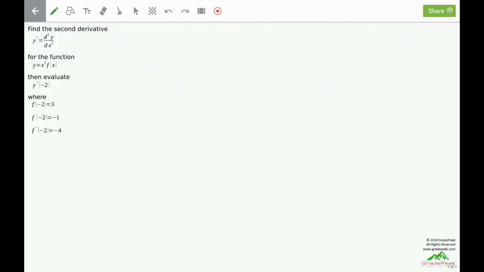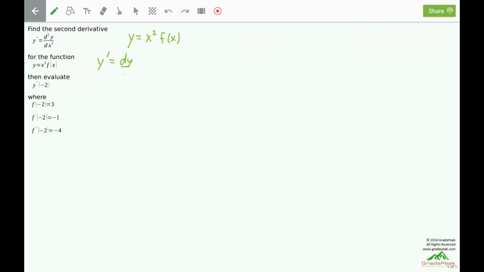Find the second derivative y double prime or d squared y dx squared for the function y equals x squared times f of x, then evaluate y double prime of -2, where we have all that information. Y here is the product of two functions, one of which is known, x squared, and one of which is unknown, f of x. Since we have a product, the first derivative will make use of the product rule, so